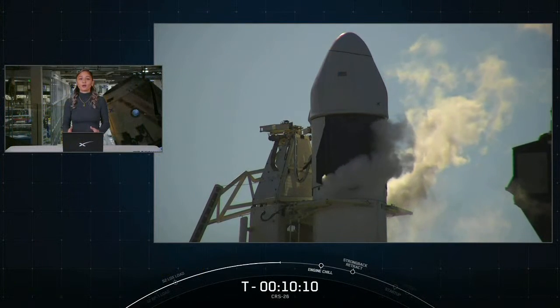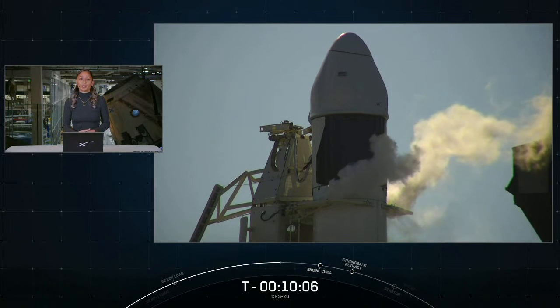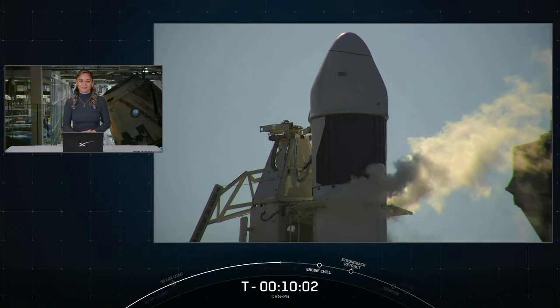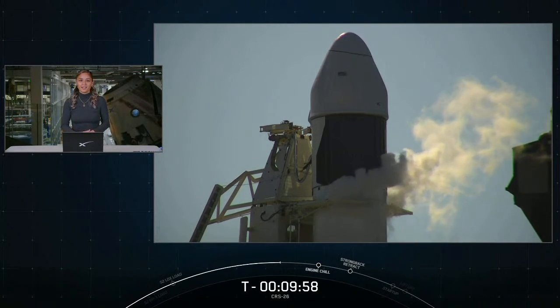5th flight of Dragon to the International Space Station this year, following the launches of Crew 4, Crew 5, Axiom 1, and CRS-25. To give a bit of history, Dragon has been flying for 12 years. Dragon made its debut at the orbiting lab in 2012 as the first private spacecraft in history to visit the International Space Station. Since then, it's made 32 trips to and from the orbiting lab, and today, Dragon is